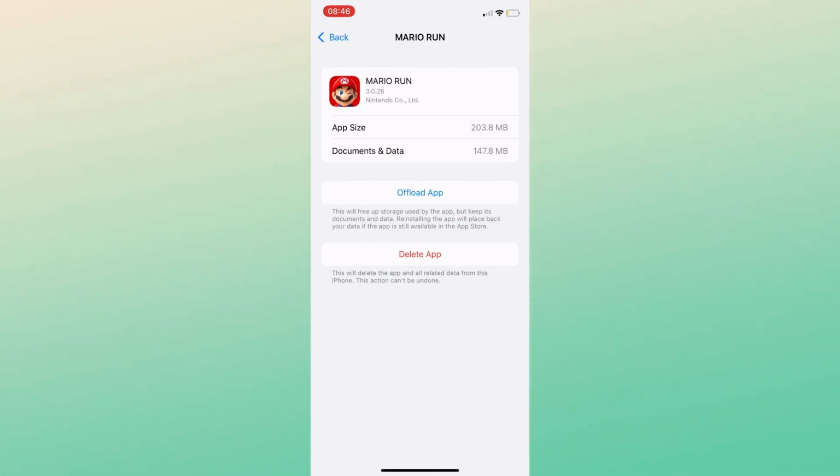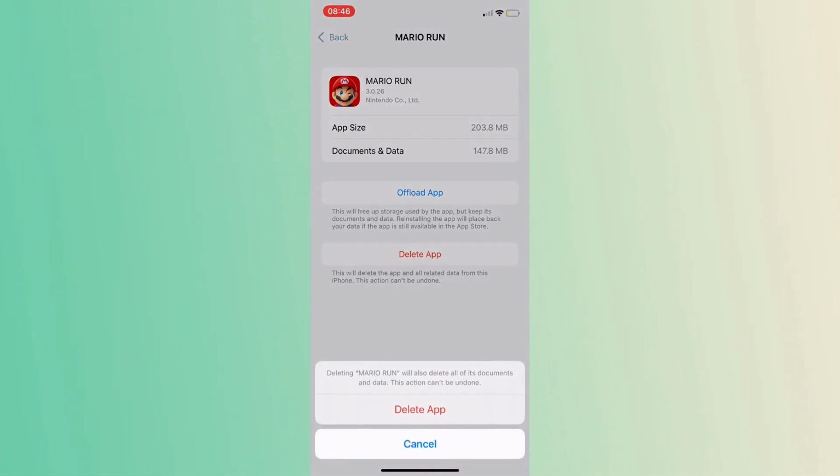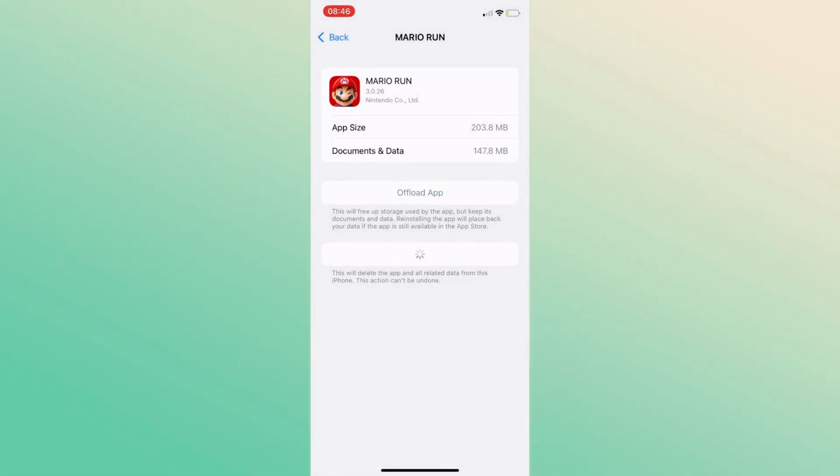And as you can see, you have 2 options on this page. You can either offload the app or you can also delete the app. Select Delete App. This will delete the app and all of the related data to it. So it means that when you re-download the game, you're going to have to start over. After successfully deleting the application, it should now be removed from your home screen and you can now re-download the